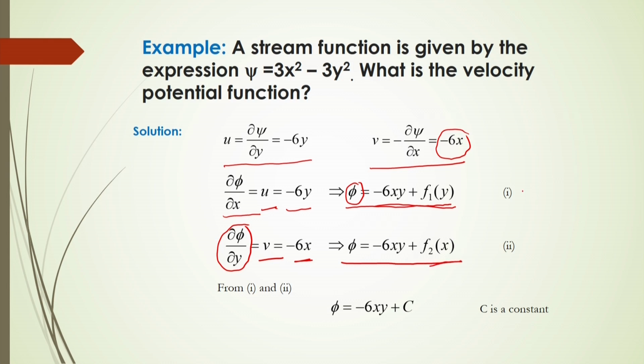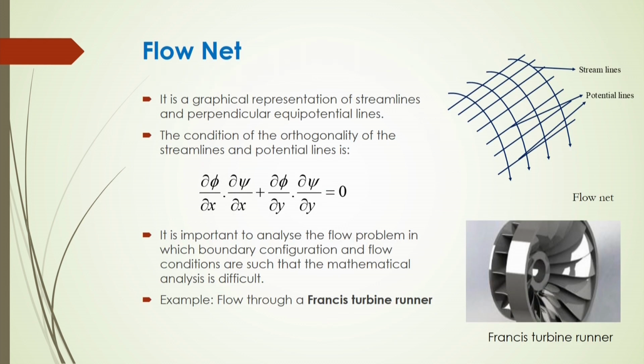So, from equations 1 and 2, you can easily say that phi will be equal to minus 6xy plus some constant c, where c is the constant. So, you can easily calculate what should be the potential line based on the stream function. Now, another important